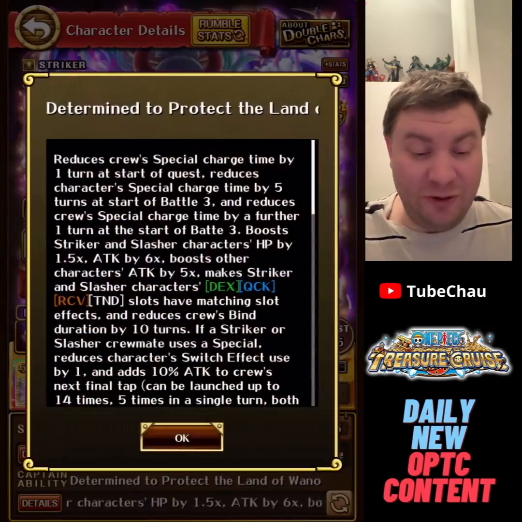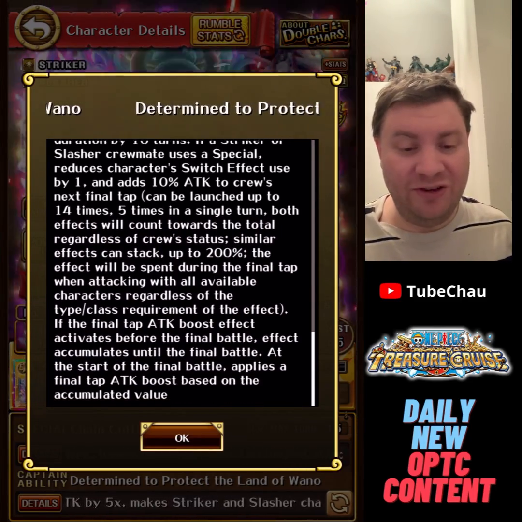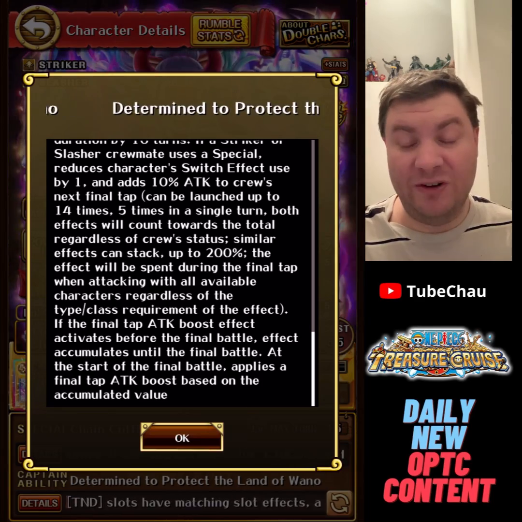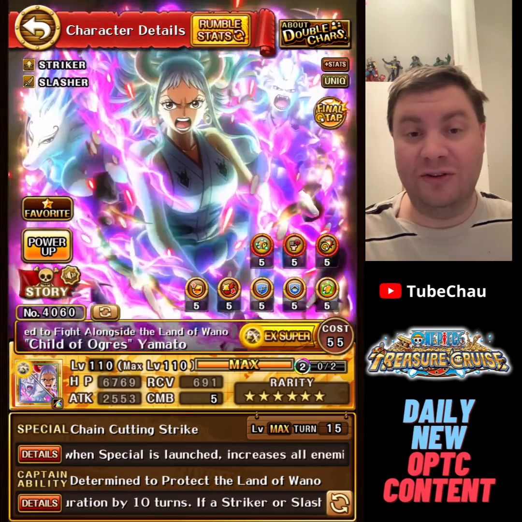I already made a video talking about the captain ability being wrong. There is a line missing on the English version, which is in the duo form of the captain, that says that if a striker or slasher uses a special, you get back 3 CD, which is a huge omission. So there's even more errors on top of that, but the difference is that this error is present on JP